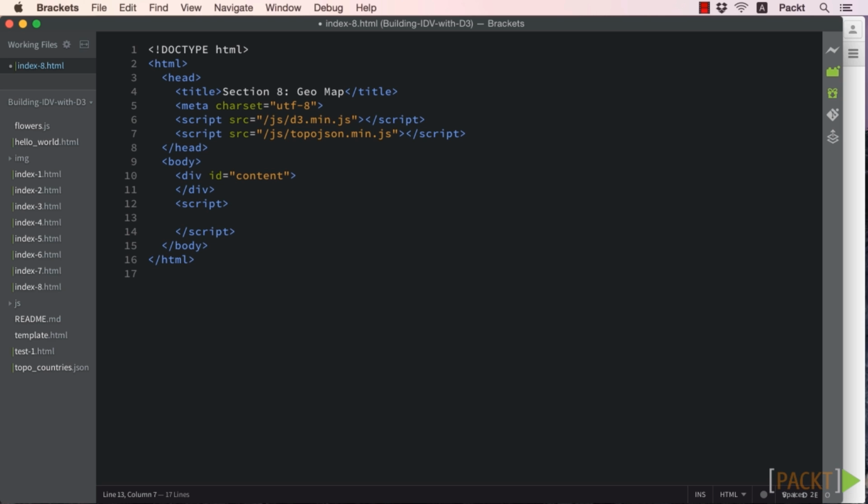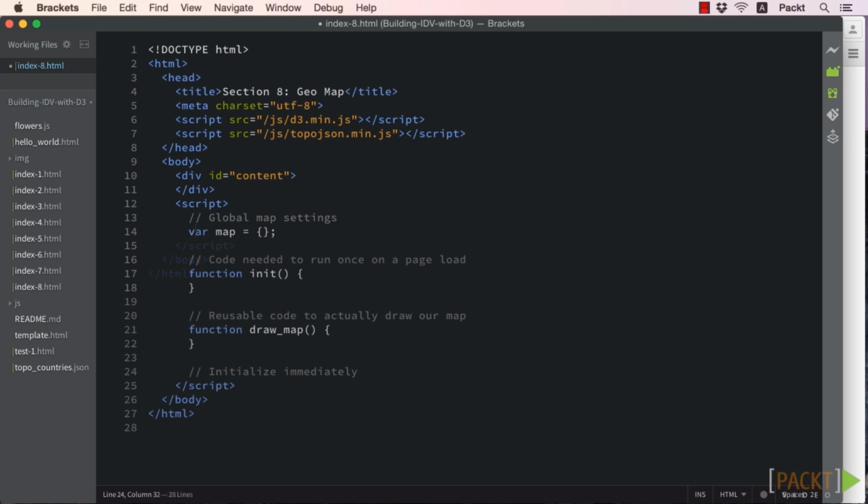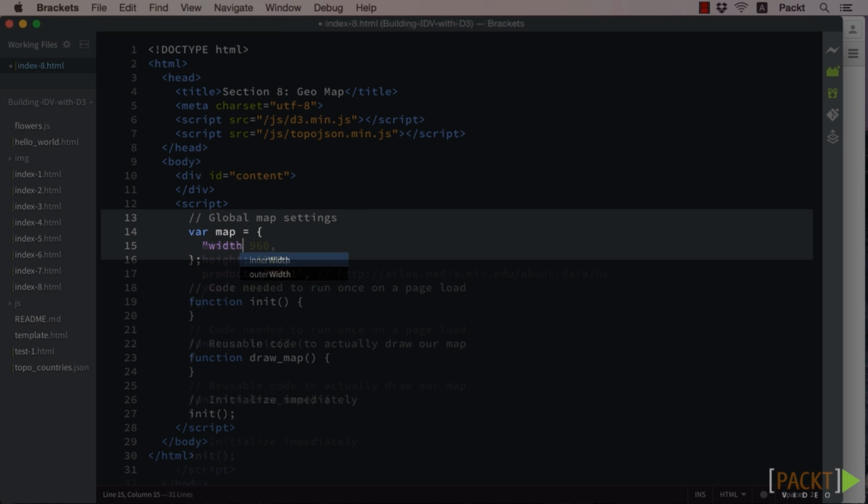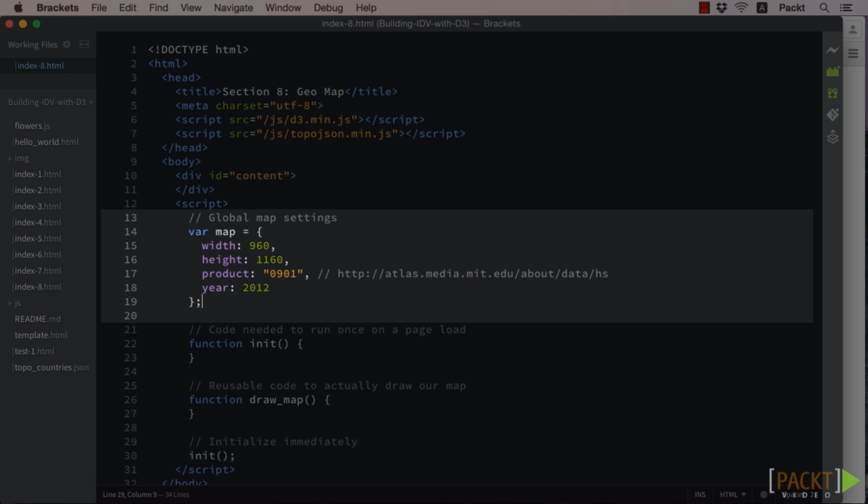Next, we're going to write a simple outline of how we want to structure our program. This will help us wrap our minds around the task at hand and not get overwhelmed while focusing on modularity. We'll start with our map object, which will hold our global variables. We could also create getter and setter functions for these, but for now, let's keep it simple and just store